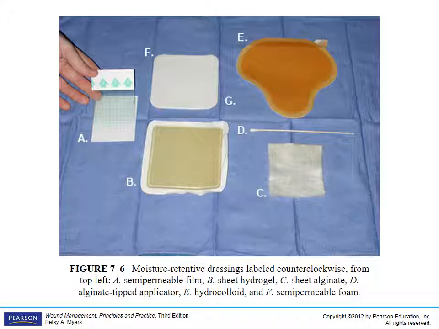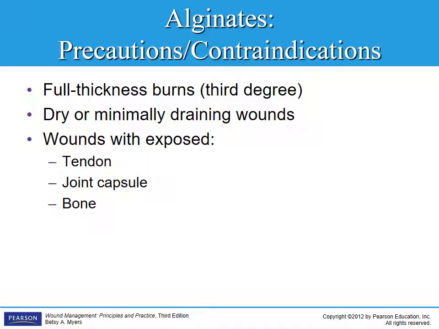The alginate is the sheet that you see in C. Again, it kind of looks cottony. If it's dry, it looks like cotton, and then once it gets wet, it turns into a gel. All right, used on full thickness or third-degree burns, you don't want to use the alginate on that because generally